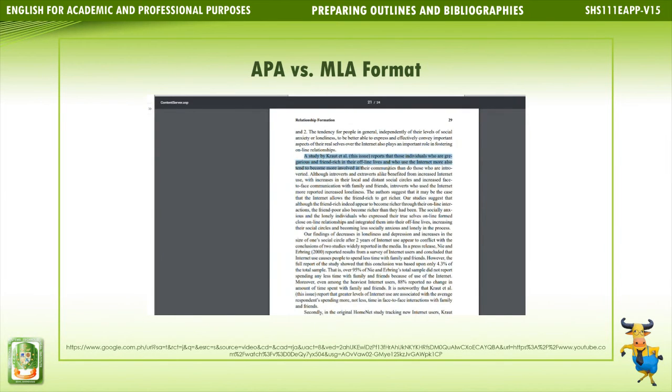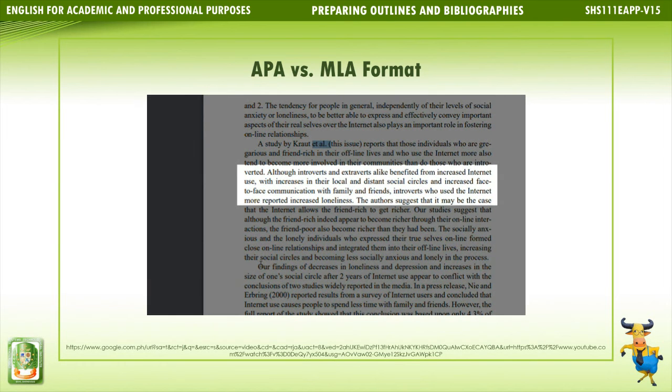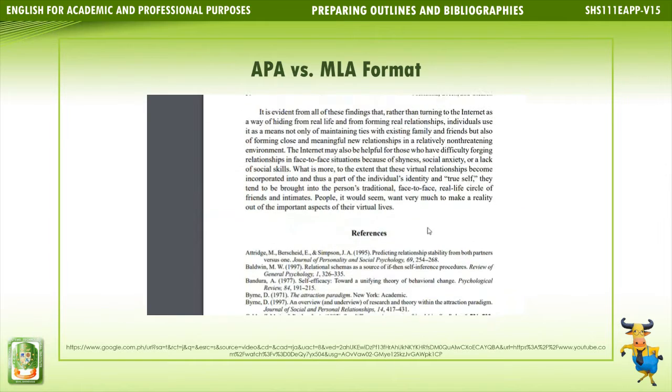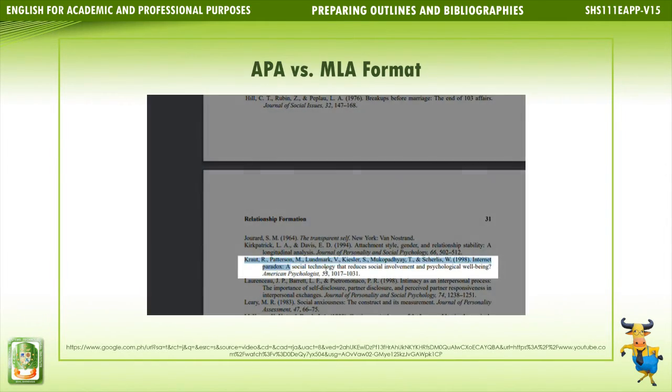In this article, there is a reference to a report by Kraut and some other researchers. Et al. is Latin for "and others." In this sentence, I learned that Kraut specifically looked at introverts versus extroverts in his study, and that's what I would like some more information about. But the author of this particular article doesn't go into the kind of detail I was hoping for. But using this citation, I can zip to the references page and find everything I need to locate the actual